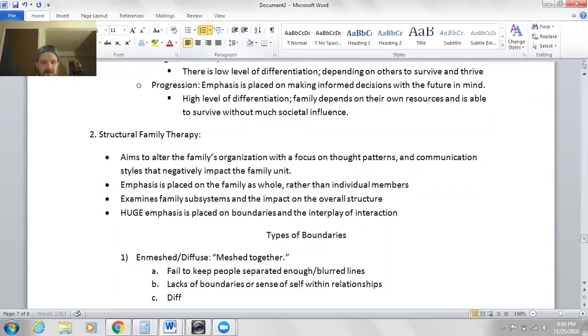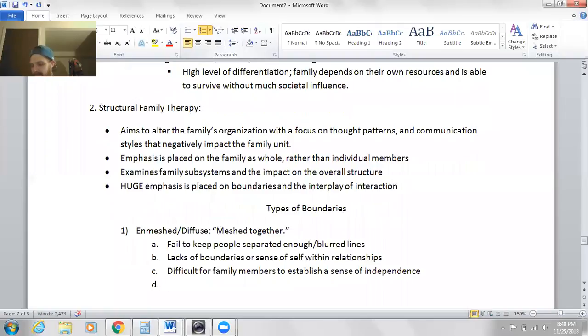So it's difficult for family members to establish a sense of independence, which can prevent people from creating their own sense of identity,